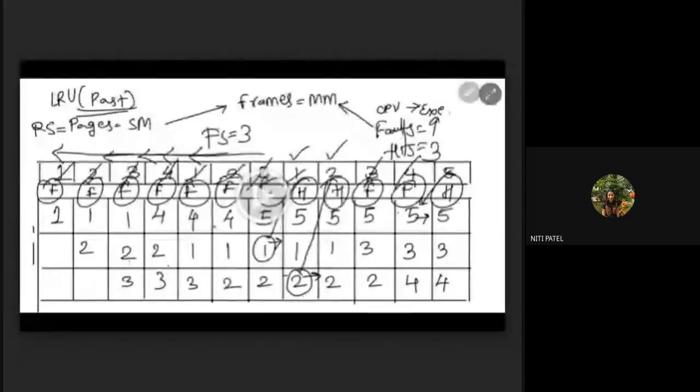Yes, ma'am. So FIFO was what? Whichever is in first will go out first. And how do we send in and out? By counting the occurrence. Now next algorithm is LRU. LRU means what? Least recently used. तो मुझे past में जाना है और देखना है कौन सा कम यूज हुआ है. जो सबसे कम यूज हुआ रहेगा उसको भी replace it with the new page. So let us see that.